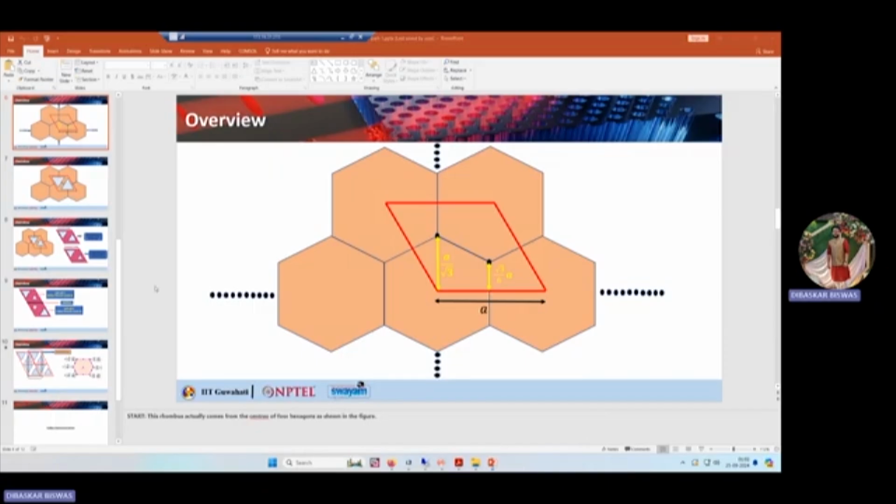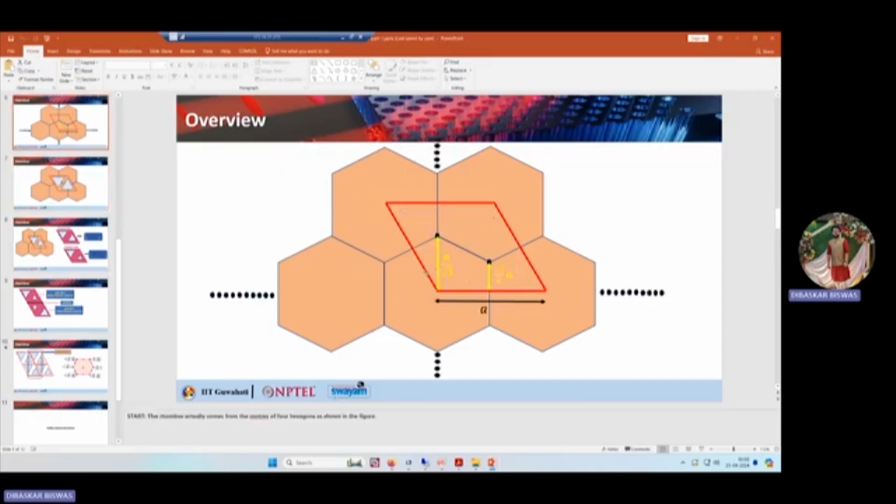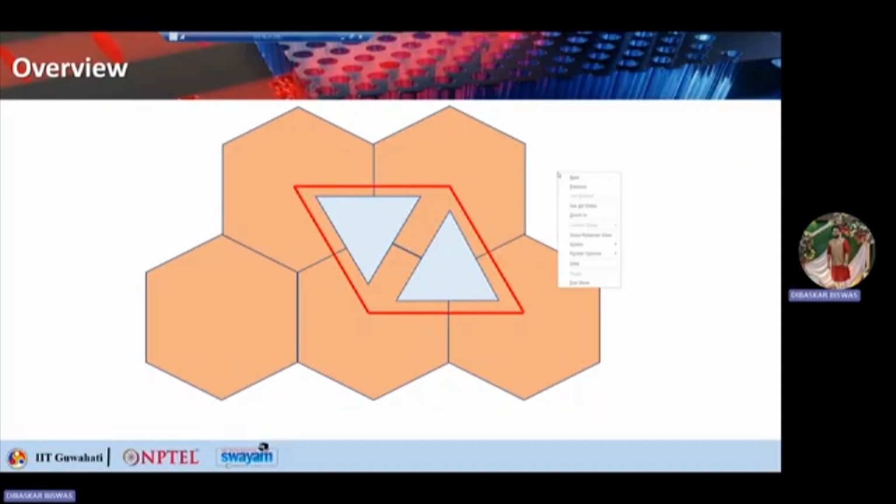So we know that in the equilateral triangle, the midpoint behaves as the centroid, and it divides the perpendicular bisector. So if I go into this presentation mode and use a pen,